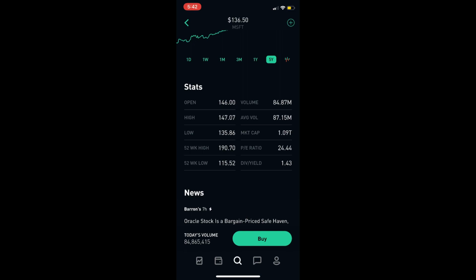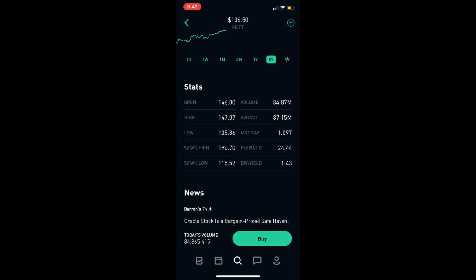And then the next thing that Microsoft has is a dividend yield of 1.43%. And what a dividend yield means is however much money you put into Microsoft stock, you will receive 1.43% back by the end of the year. So for instance, let's say you put $10,000 into Microsoft. You will get $143 guaranteed at the end of the year because of the dividend yield. And so that's pretty much what I look at, just to get a quick glimpse, a quick understanding of where